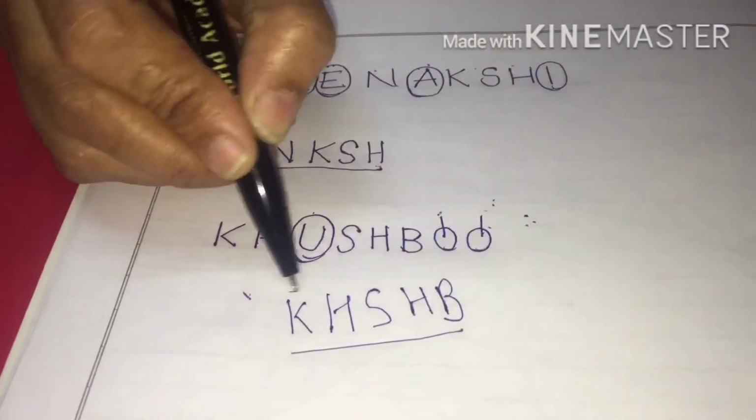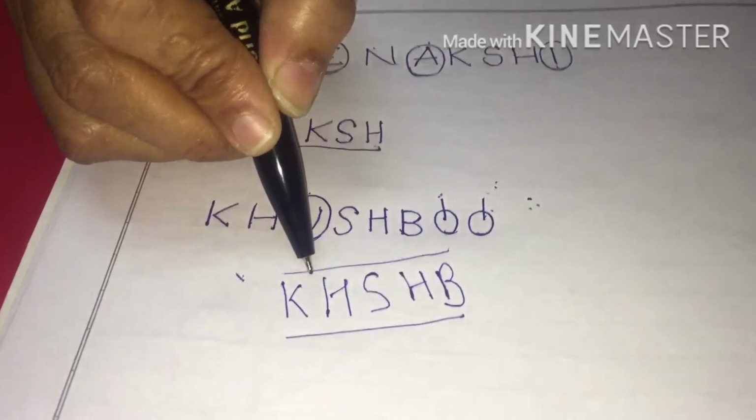So at last I would like to tell you that vowels help us in making the name of a person, any place, the name of anything, whatever we see around, that everything has a vowel inside it. Okay, if we are going to write it down like this, it doesn't make any sense.